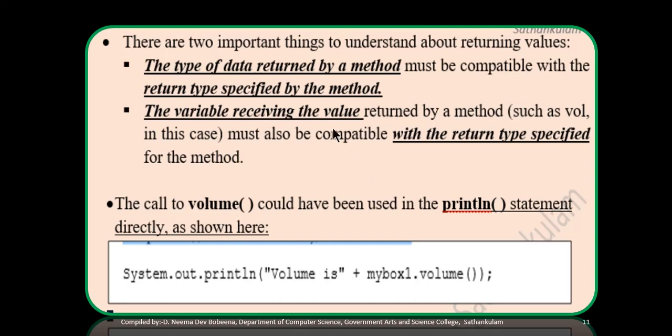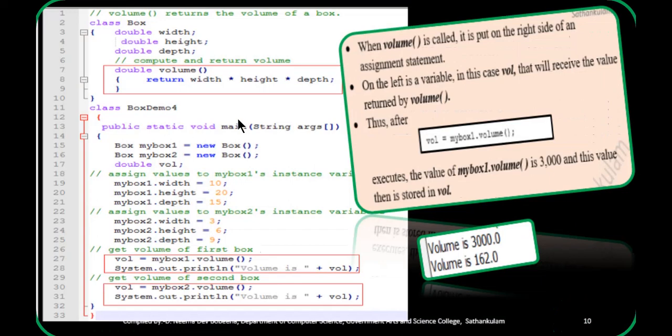Here two things are to be noted. First, the type of data returned by a method must be compatible with the return type specified by the method. This method is returning a double type data. So the type of data returned and the return type, this is the return type of volume, both should be compatible.